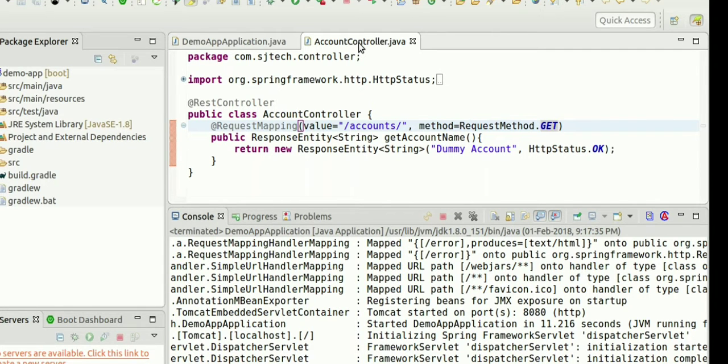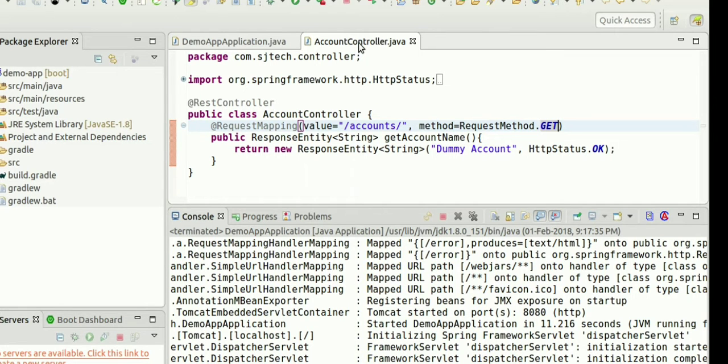We will discuss what this ResponseEntity is. This method has been annotated with @RequestMapping. This annotation has two fields, value and method.